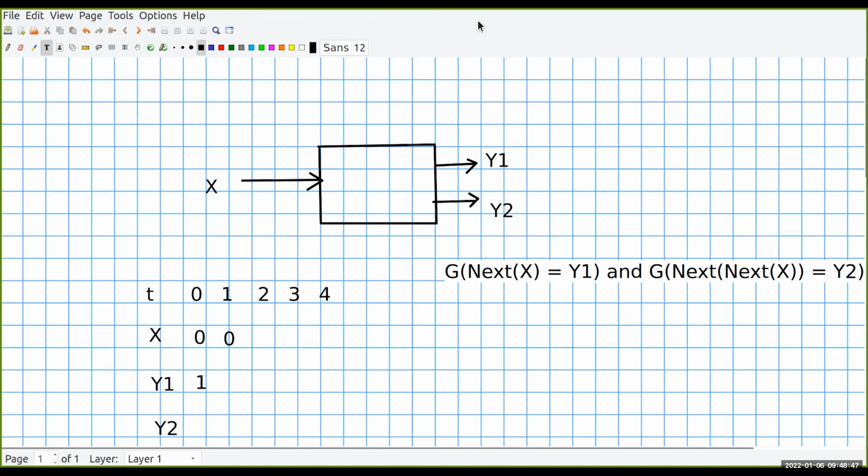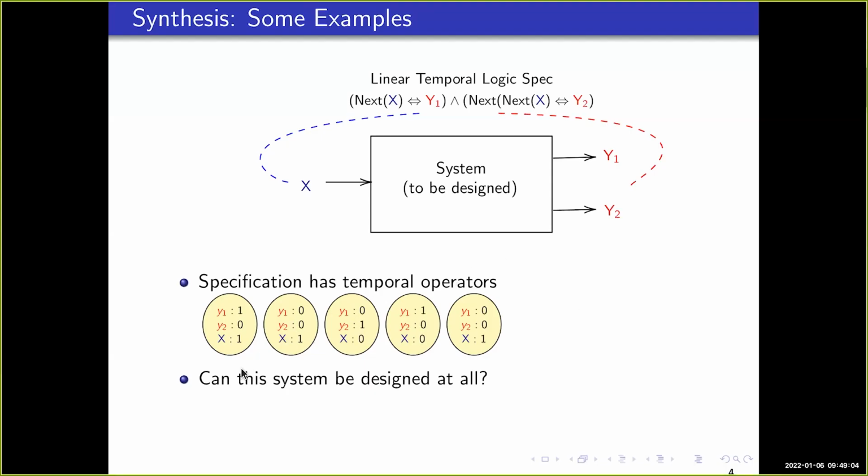Okay, so therefore, what we are talking about is a situation where, let me share my original screen back. Yeah. So we're talking about a situation where this system looks like it cannot be designed. No matter what I do, the environment always has a chance to make the system violate the specification. So I cannot design this system such that for all sequences coming from the environment, it will meet the specification,